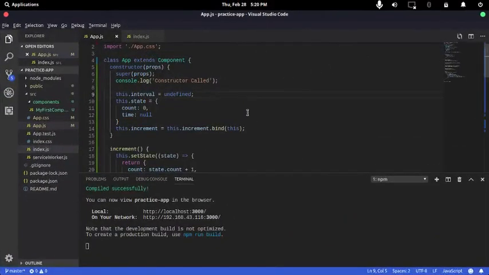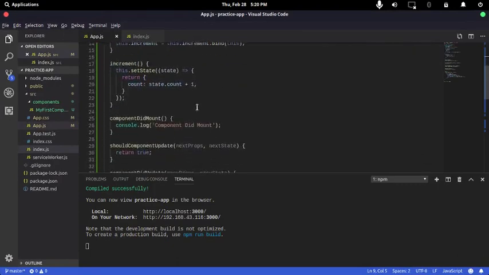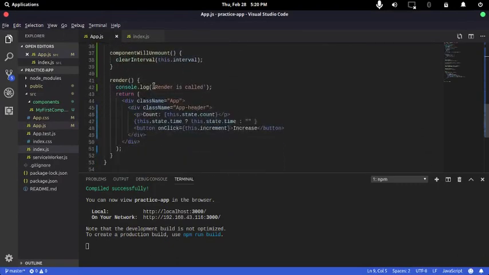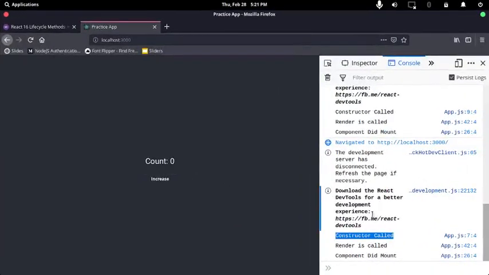Then when our constructor is done being called, the other method that gets called is render. There is also a console.log in render. It says render is called, and that's the second step: render gets called. So here is render is called. Now these two steps we have seen before, and they are familiar to us. Okay, so what will happen after this is